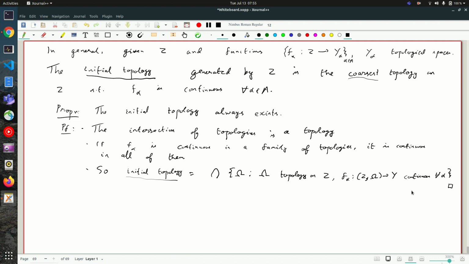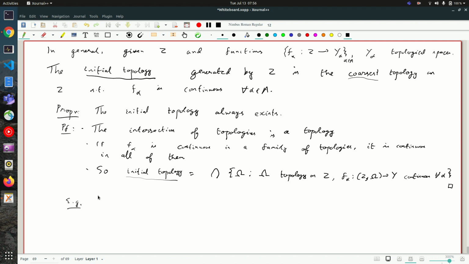Okay, so we always have an initial topology, and our specific example that we had was the case of subspace topology. So the broad principle is that we have a set and we want to put a topology on it. And as I said, topology is the setting for continuous functions. So we decide which functions we need to be continuous on it. Decide meaning what made us construct the topological space usually tells us what functions we need to be continuous on it, and then take the coarsest topology. This works extremely well, and for sophisticated constructions like the product, we will find these things. On the other hand, for other cases, we will need instead the final topology, which I'll come to in a moment.